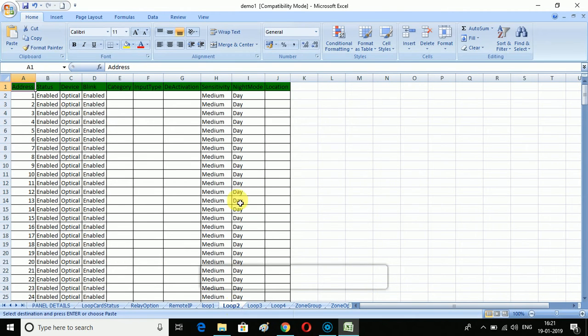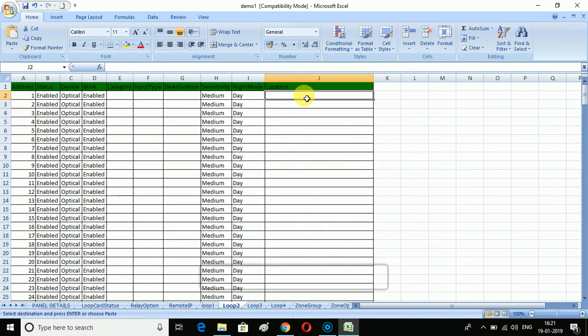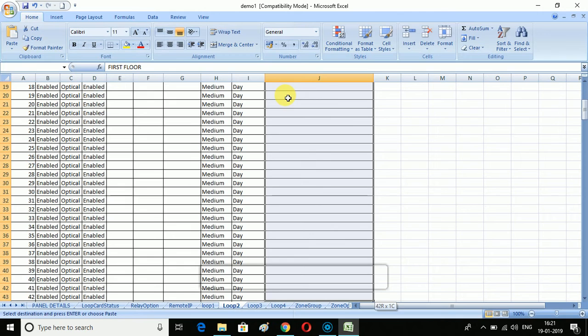Now loop number 2. Suppose all the devices of loop number 2 are on the first floor. Control C and paste.